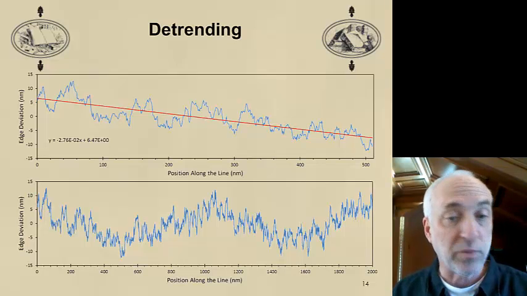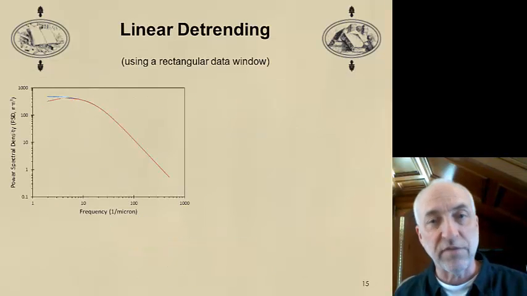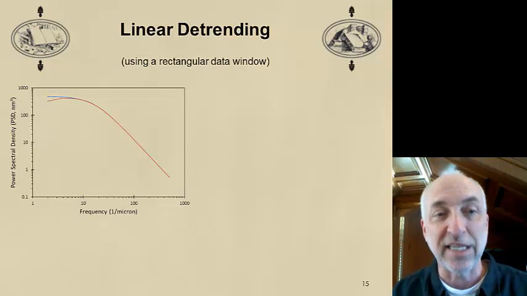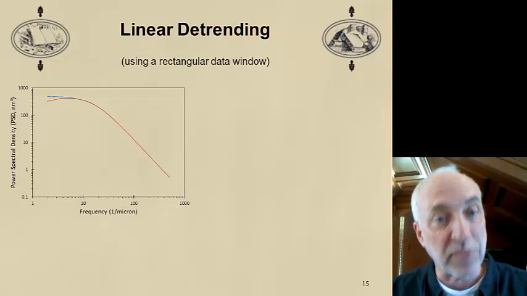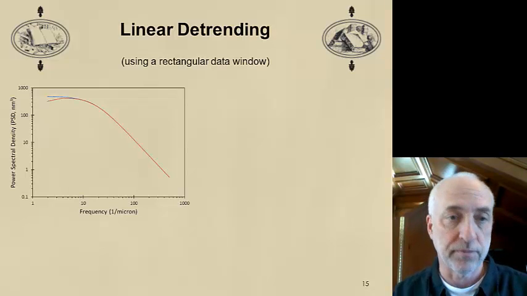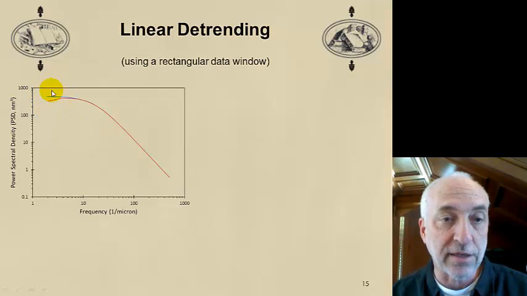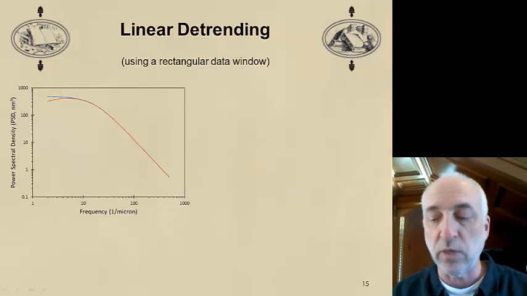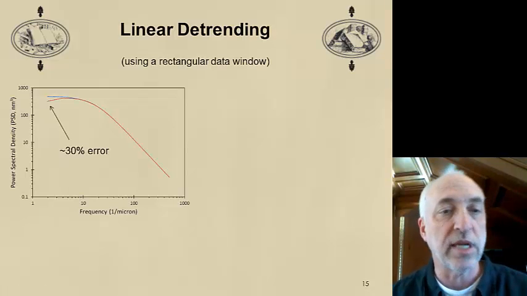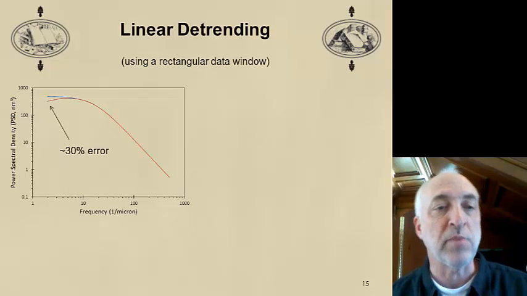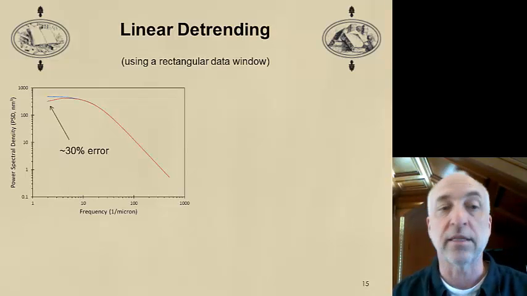What will that do to the PSD? Well, we can see very clearly, because in simulation I have the unique ability to know where the edge was supposed to be. And I can in fact calculate the PSD without detrending. When I do that, I find that there is a systematic error. In the blue I have the PSD without the linear detrending, and in the red I show the PSD with the detrending, and you see that there's a 30% error. The detrending causes a loss of low frequency information, and my PSD goes down by about 30% at the lowest